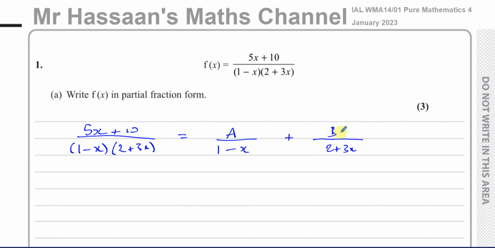So we've got to find what A and B are. And when we've done that, we have then split this up into two separate fractions, which is what we're asked to do. That's what it means. So we need to find the values of A and B. And what we can do is we can use,